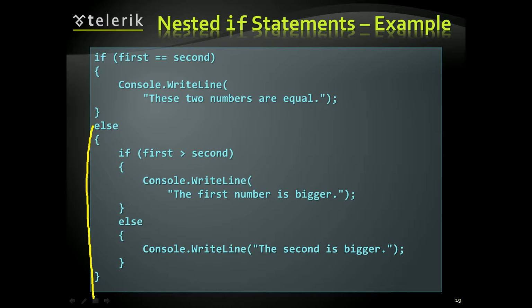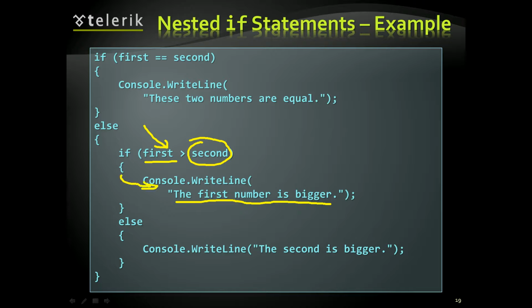In all other cases, that means when the numbers are not equal, when this is false, well, check if the first number is larger than the second number, and if this is true, well, output on the console, the first number is bigger, because this expression leads to true. If this is false, so if second is larger than first, well, go into